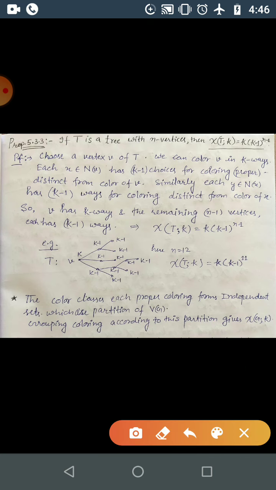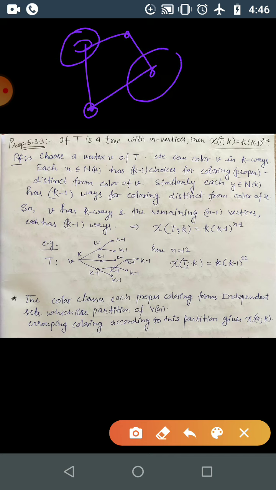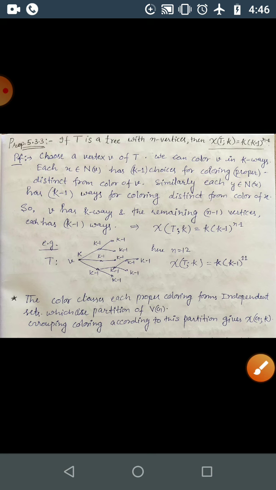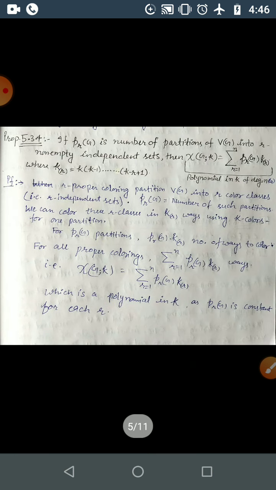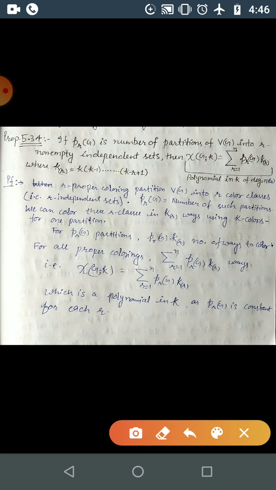So as you have this C4 here, this vertex and this vertex can be colored with the same color if two colors are given, and this vertex and this vertex can be colored with the same. So here, the same way, you just group all these according to these partitions, which gives you the chromatic polynomial. And how this is happening, let's discuss here. This is based on the last result only.